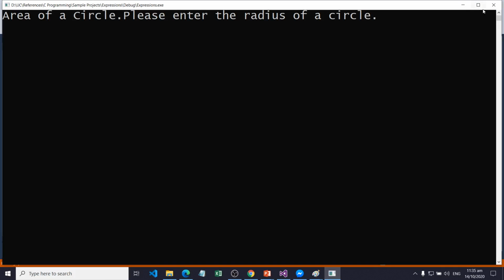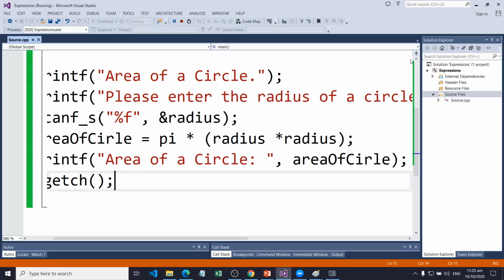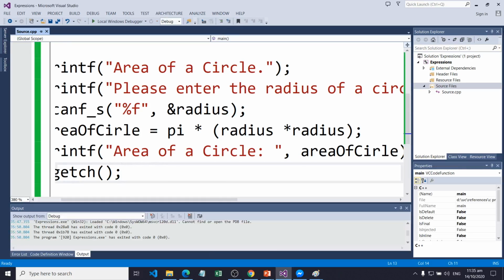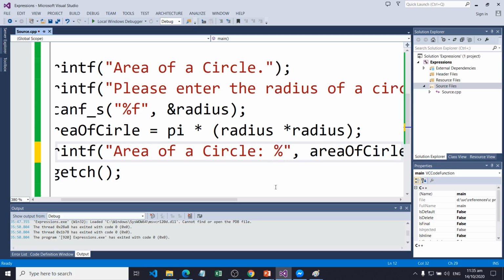Sorry. We haven't specified the format specifier for the area of the circle, so it's %f. We will not specify up to how many decimal places as for now. Then save all and run.